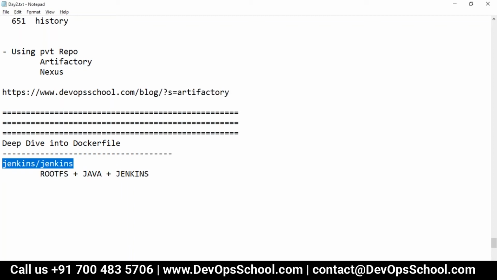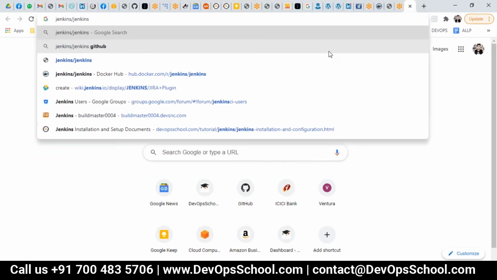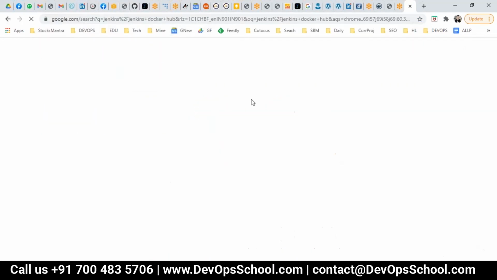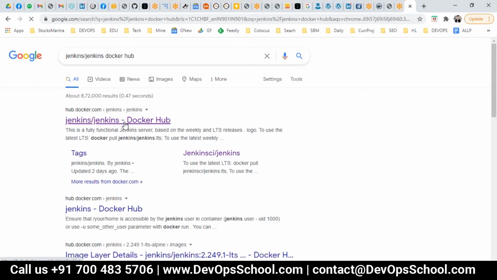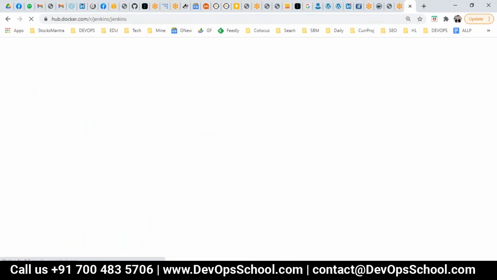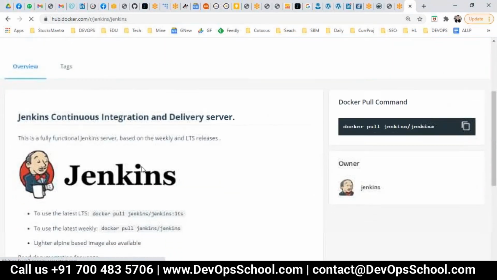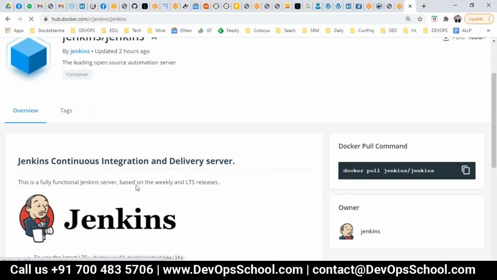So let's go to Jenkins on Docker Hub. Look at my screen, all of you. I'm using Google, that's much easier for us. So this is the image which we are using right now. And let's go to the Dockerfile.